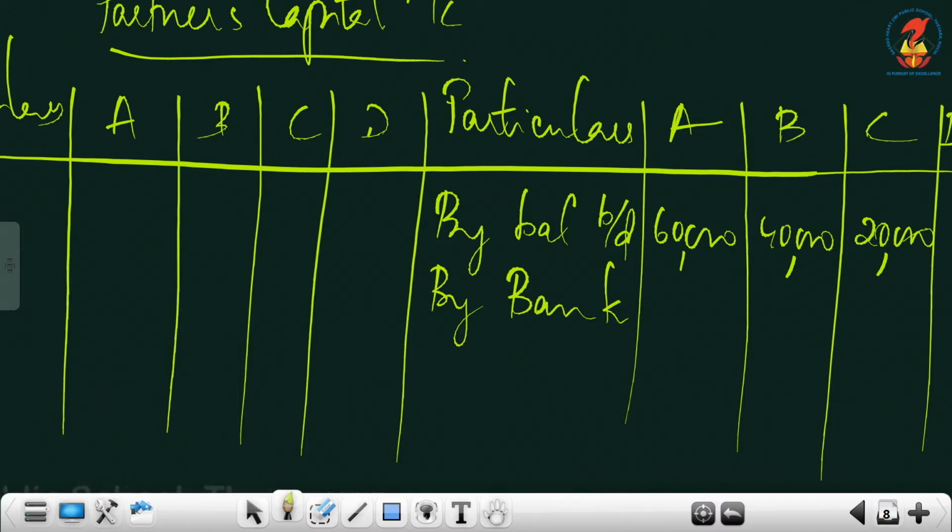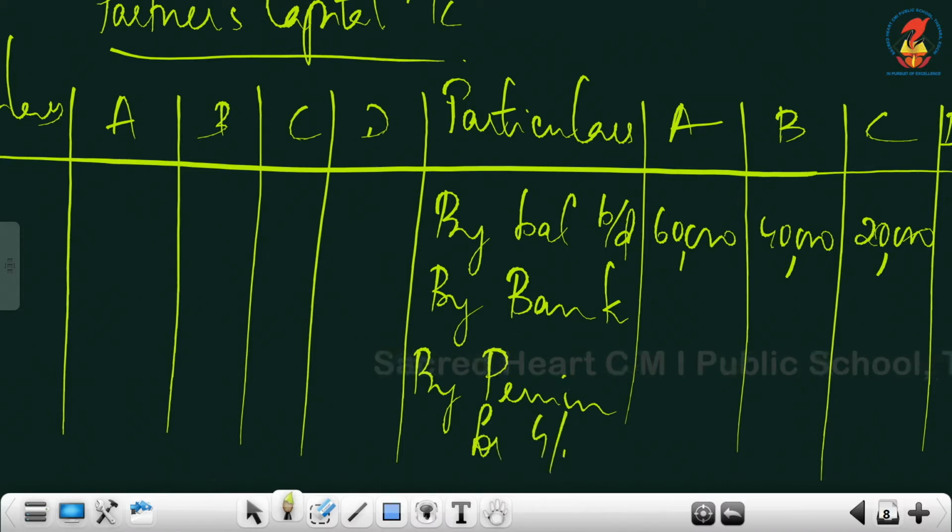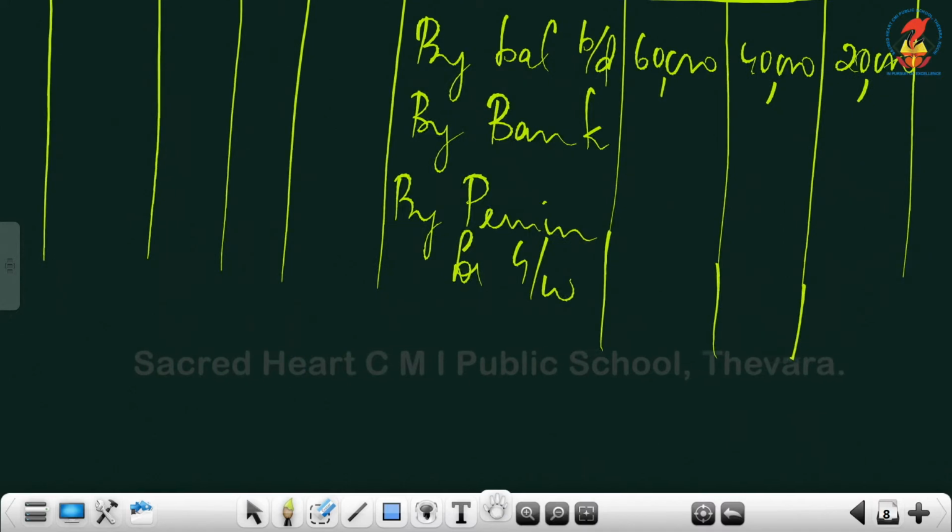So by bank, we can't write the figure in D's column because the capital amount brought in by D is missing. That we have to do adjustment of capital. So leave it now. Then premium for goodwill, though the amount is not directly given, goodwill of the firm is given. So you can compute the premium for goodwill. I'm not discussing the journal entries again because we did so many problems like this.